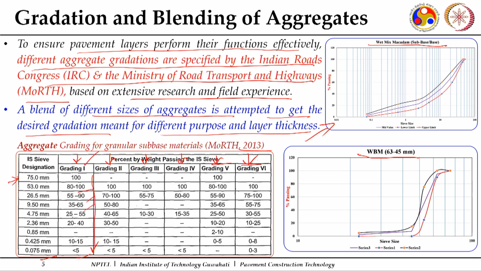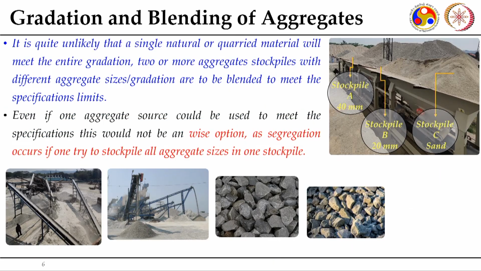There will be a lower limit; the material should at least have 25% passing through 4.75 mm and a maximum of 55% passing through 4.75 mm. Similarly, for 425 micron, it says that 10 to 15% should be in this range; 10% is the lowest passing and 15% is the maximum passing. Certain sieve requirements are not given for a few gradings, and there are other requirements. So, different courses, different materials will have different